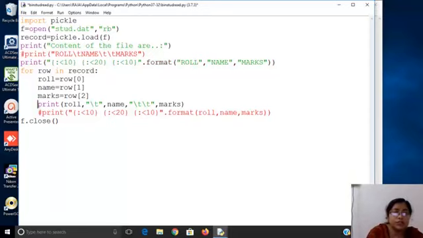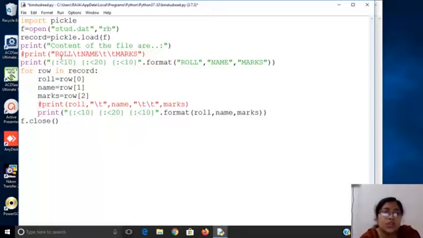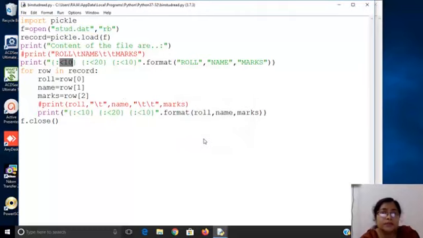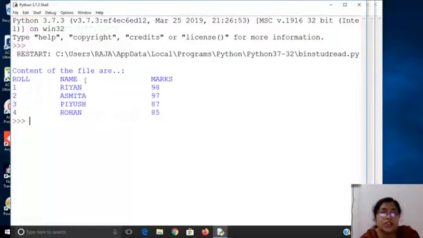Here we are specifying the space we want to give for roll, the space for name, and the space for marks. Only that amount of space will be given for each. So see what happens. See, we now have the records in this tabular format. Hope you have understood.